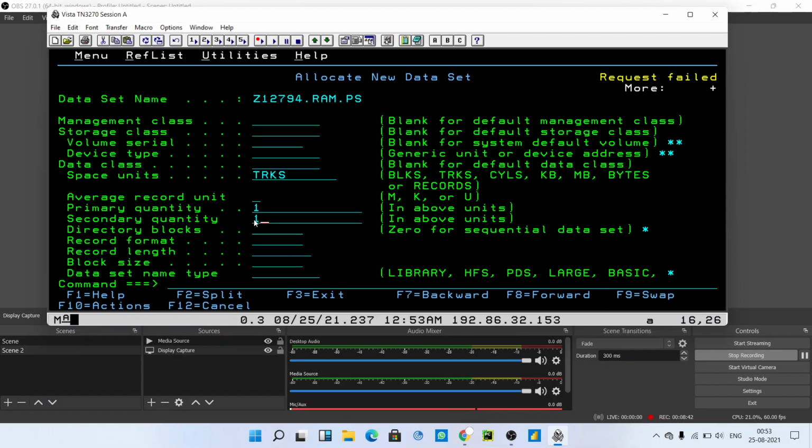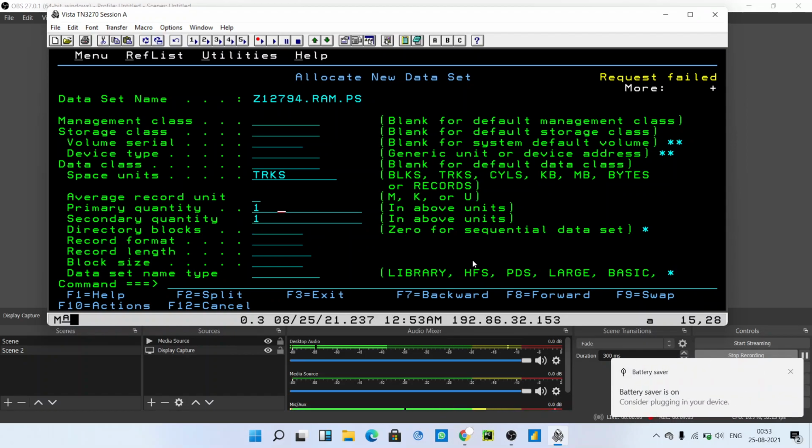This is how space allocation is done in the case of a PS or PDS file. It is the same for PS or PDS. Okay, so remember it. You will get 1 extent of primary and 15 extents of secondary. So I think you have understood what primary quantity and secondary quantity mean.